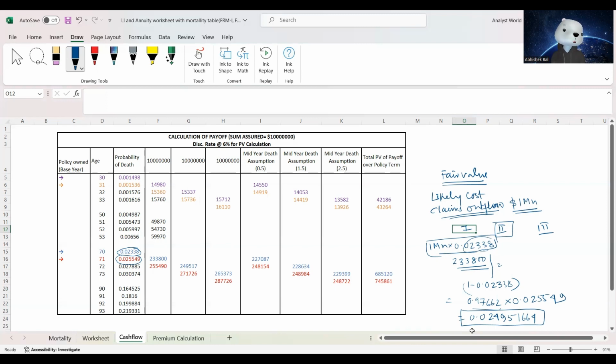Probability adjusted death for the person who survives between the 70th and 71st year, and yet he may die between 71st and 72nd year. So naturally, if we have to map with the claims outflow, the probability adjusted claims outflow is going to be 1 million again into 0.024951664, right? So this probability adjusted payoff comes out to be somewhere close to